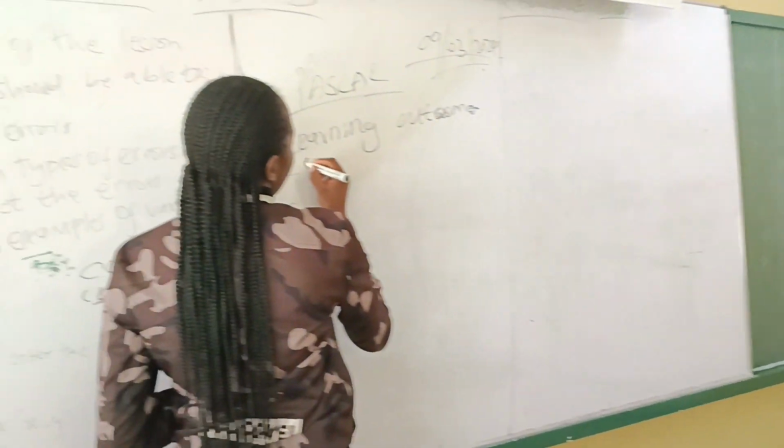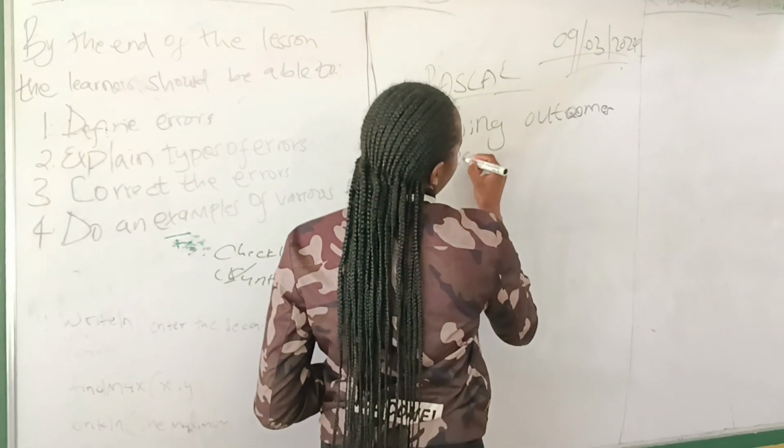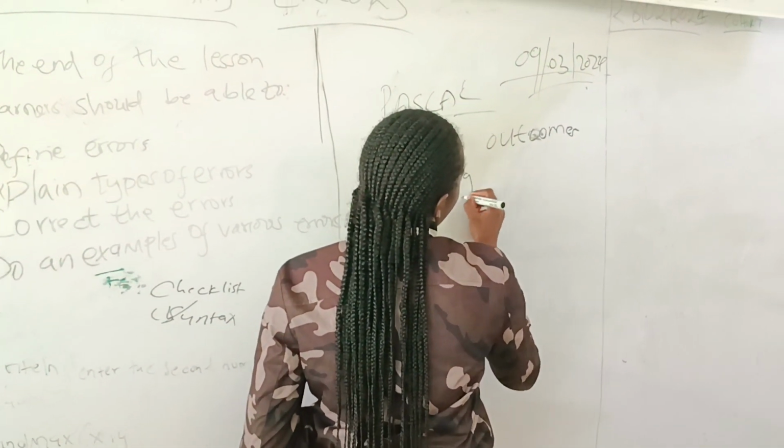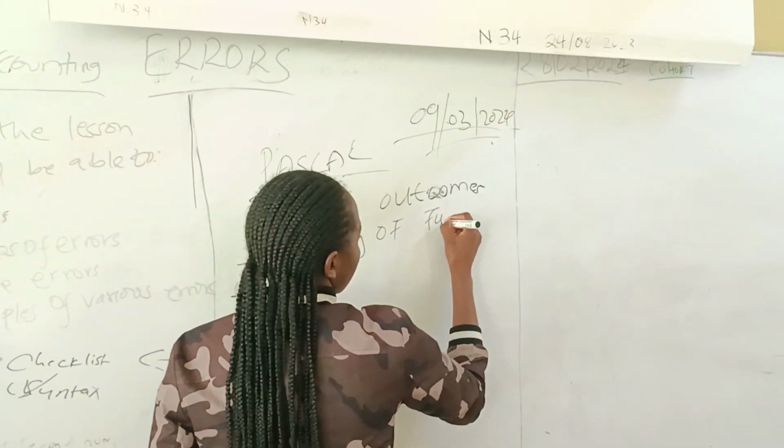So, the learning outcomes. What are the learning outcomes in this lesson? They will be the meaning of functions and procedures,